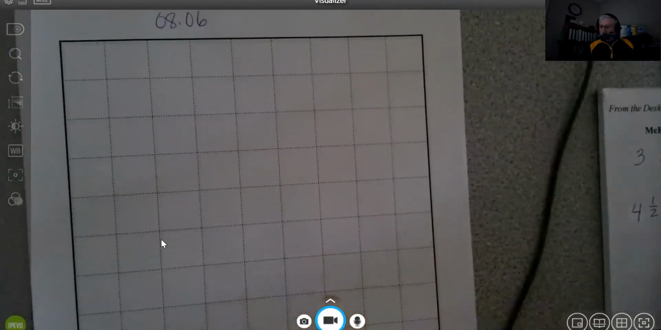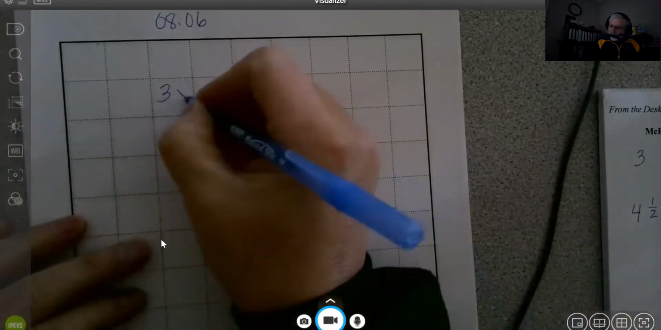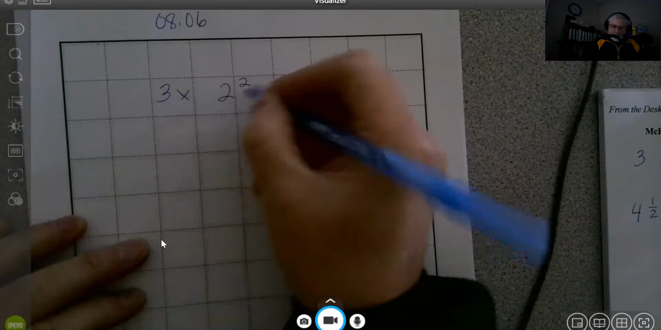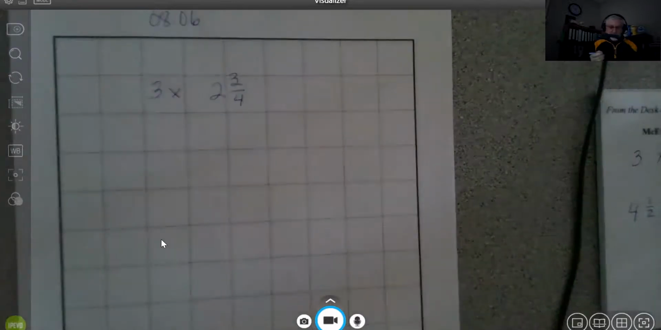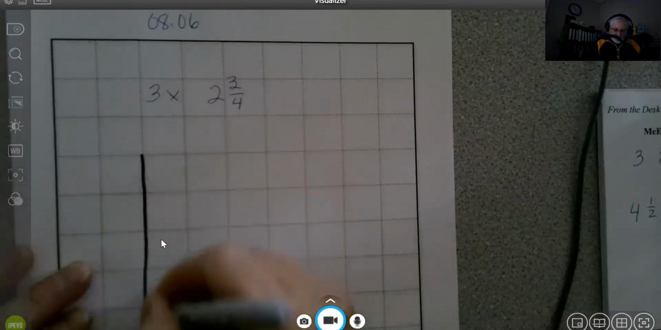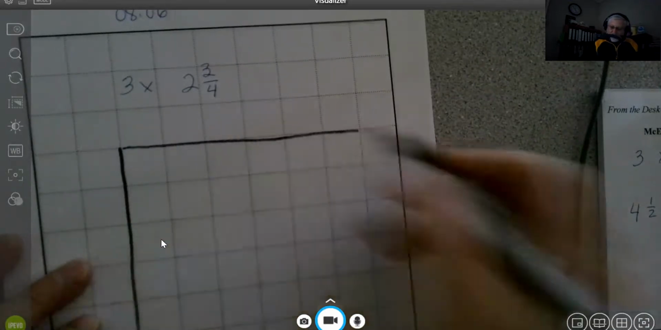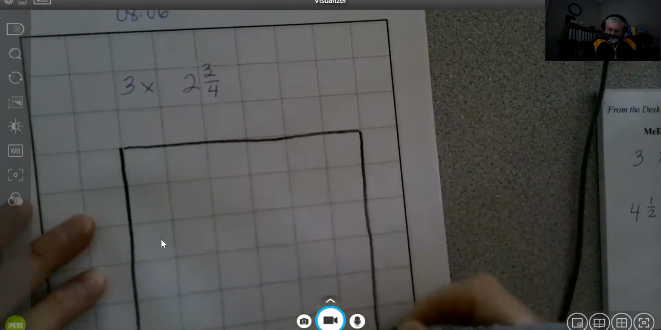All right, so I'm going to switch over to my grid. The first problem I'm going to do is 3 times 2 3/4, okay? And what I'm going to do is color my grid. It really doesn't matter. I'm just going to go over my grid with a black marker, and I'm not going to use the whole thing, but I'm just going to make a little rectangle or a box,